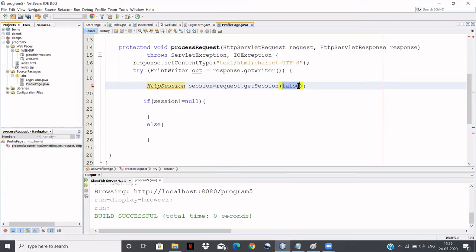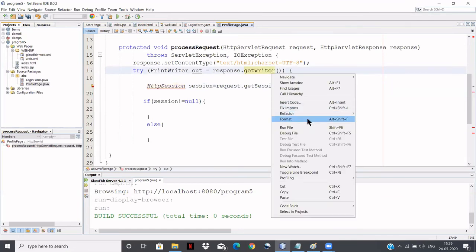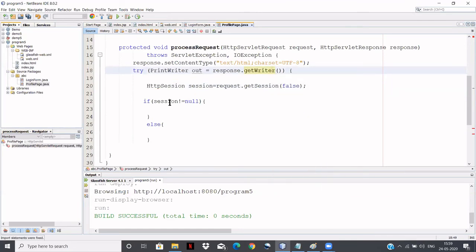I have passed the Boolean value false. What do you mean by this? If the session is there, it is going to return the session, right? If the session is not there, it is going to return null, right? Now I'll just fix the imports here. Right click, fix imports.